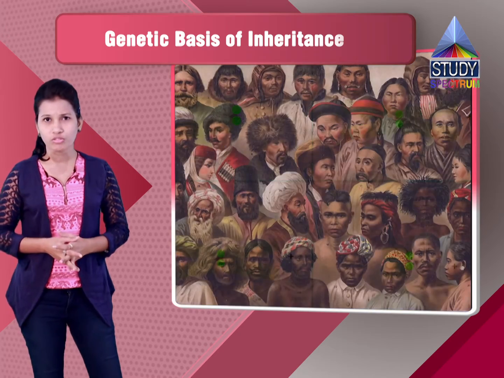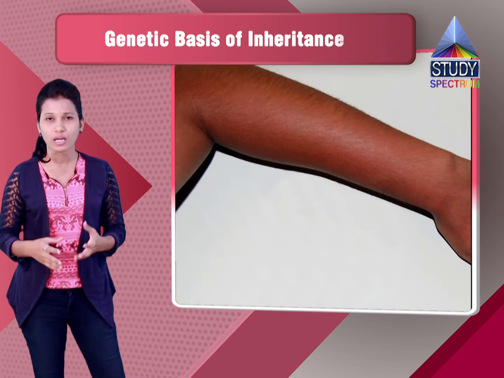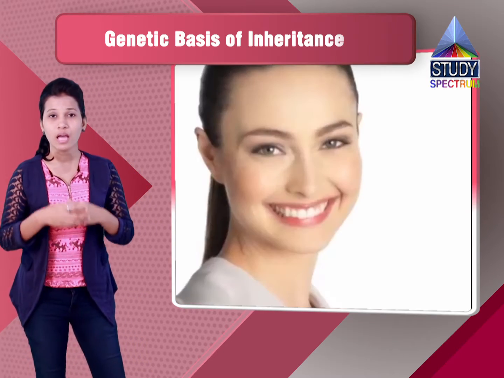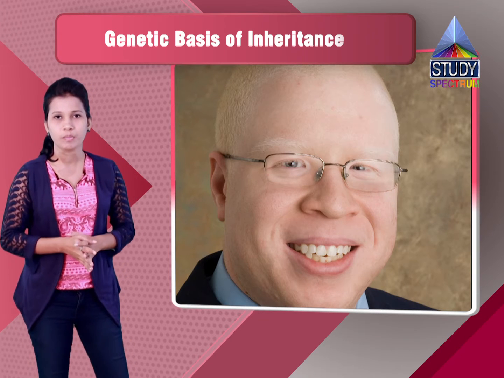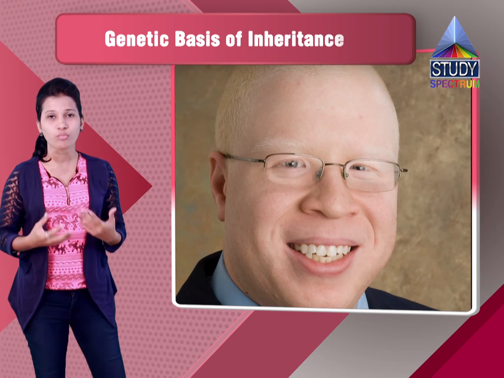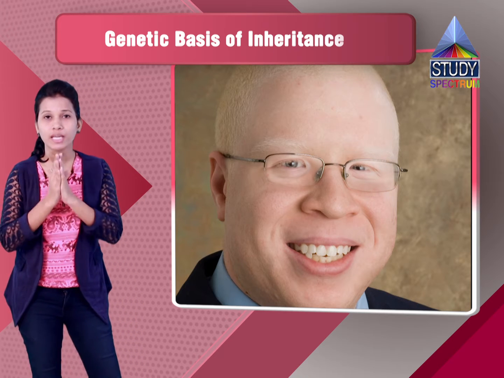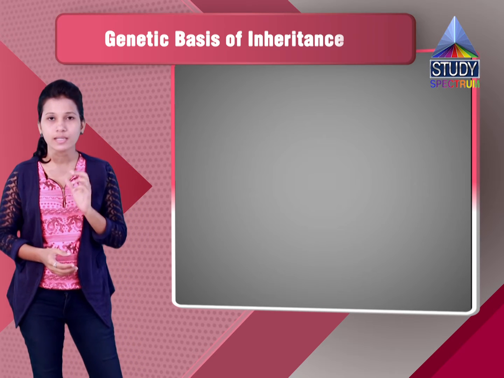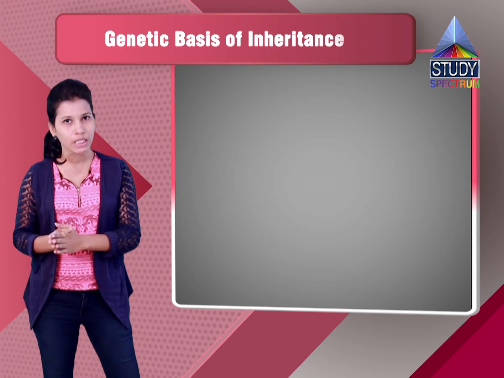For example, in humans we can see variations in skin color. There are various grades: dark, then mulatto, intermediate, fair, very fair. An albino person is one who does not have the pigment, that is the melanin pigment, in the body at all. These variations are there because two or more genes are involved in the expression of the same character, and that's why it is called polygenic inheritance. In polygenic inheritance, a single character is represented by more than one gene, and hence we call it polygenic inheritance.